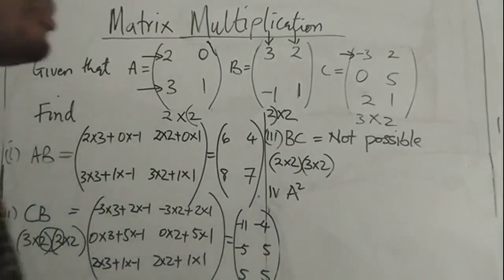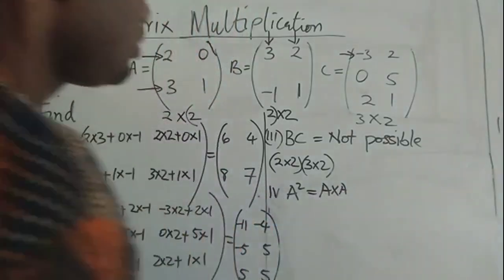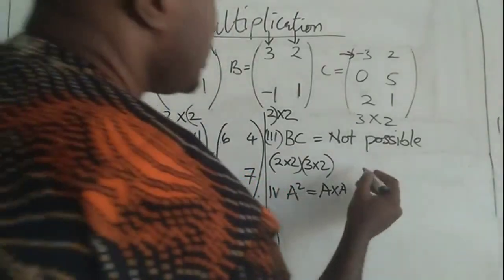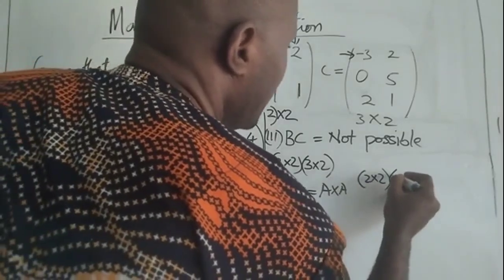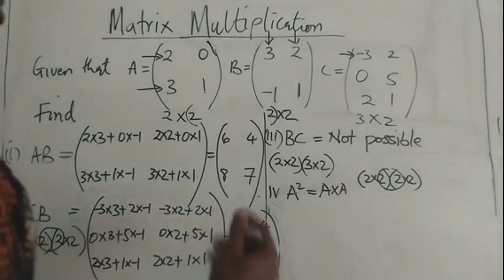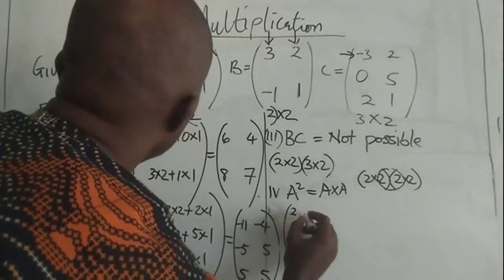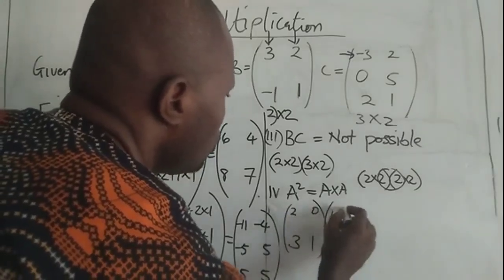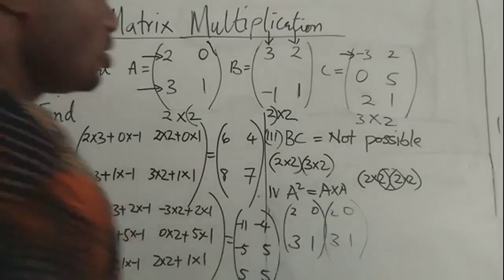And the last one, we have A squared, which simply means A times A. Now, the order of A is 2 by 2, while the other A is still 2 by 2. The middle numbers are the same, so the multiplication can go on. Now we have 2, 0, 3, 1, times 2, 0, 3, 1. Multiplying the two matrices, we will have